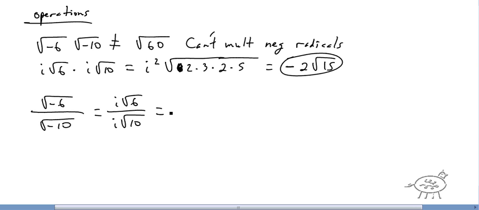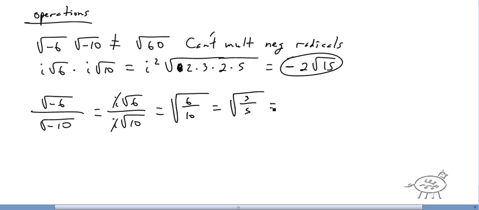And again, I don't know how you learn. Well, first of all, the i's cancel here now. That's pretty sweet. I don't know how you guys learned it with radicals. You could just rationalize it by multiplying top and bottom by root 10. Or, remember, that's the same thing as 6 over 10. So we can even simplify it right here. So it's going to be